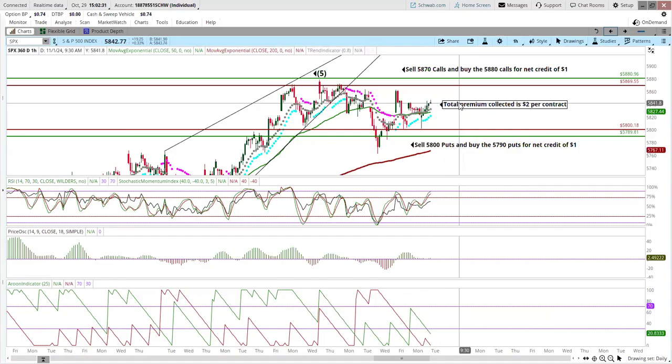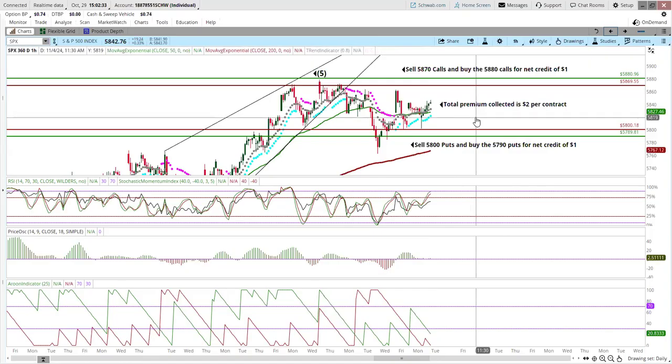Once the bell rings, we wake up in the morning and look at the proper setup. I have some other software that I use, a breadth indicator. Excuse me, I'm just getting over a cold. I'll show you what it is, but we're able to match these up. And really the biggest thing is, once you're in these trades, there's a way to do it that I teach everybody in the room, where